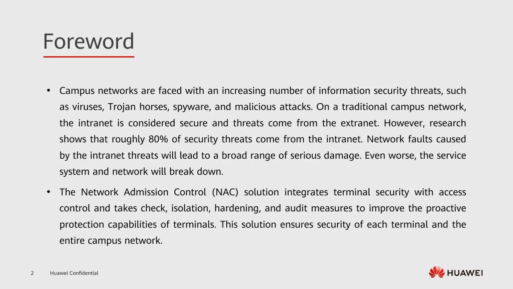However, nowadays more and more security problems come from inside. So it is very important to control users' communication in our campus network. The first technology to control user access to our campus network is NAC technology, network